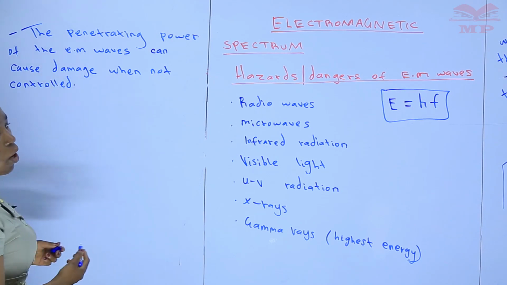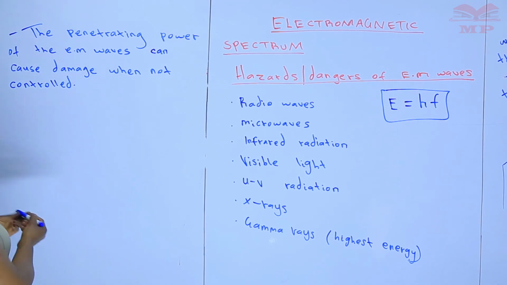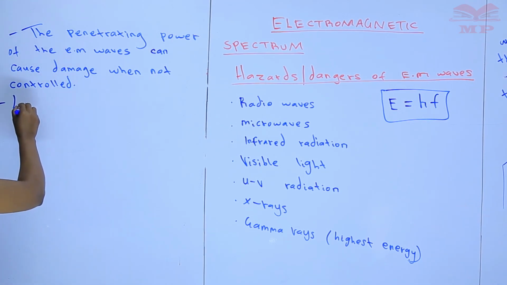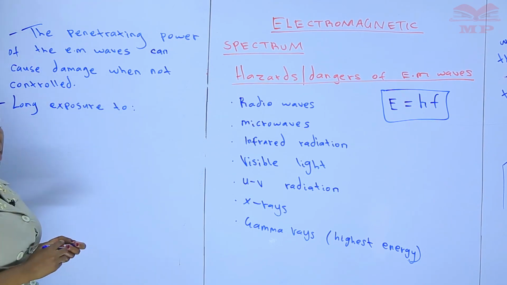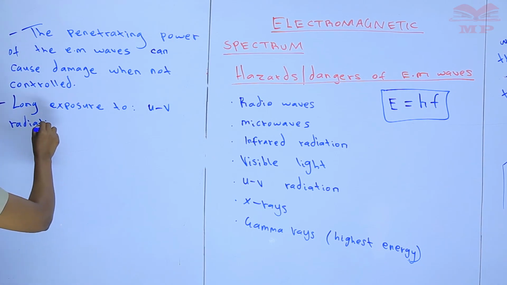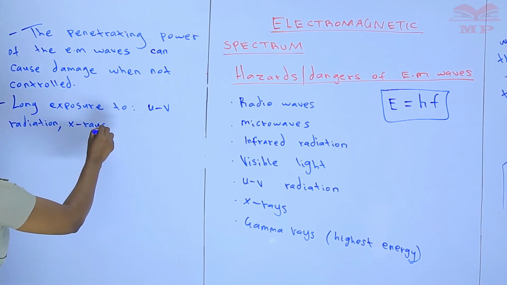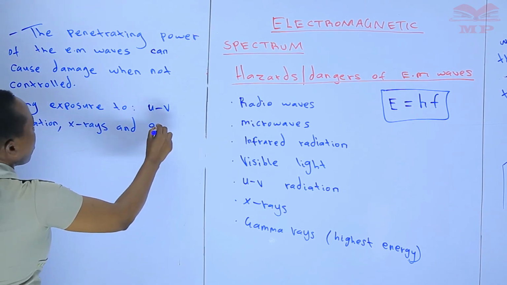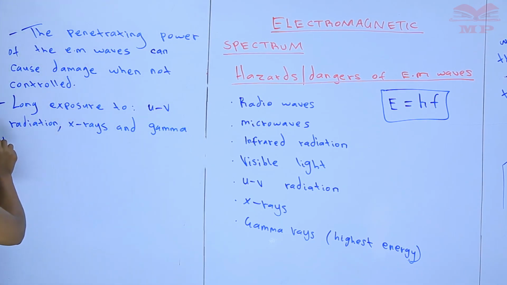And this is what we are calling the long exposure. So we can say that long exposure to electromagnetic waves like the UV radiation, the X-rays, and the gamma radiation